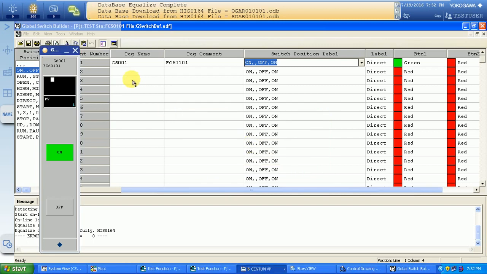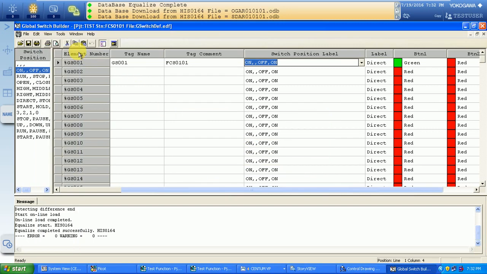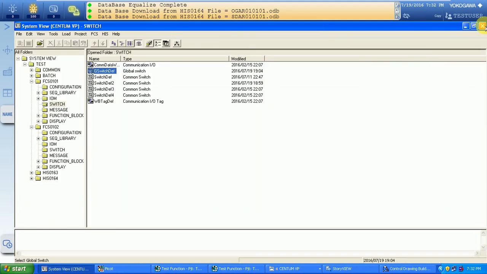Okay, so in the same way we need to create a global switch in the second controller.